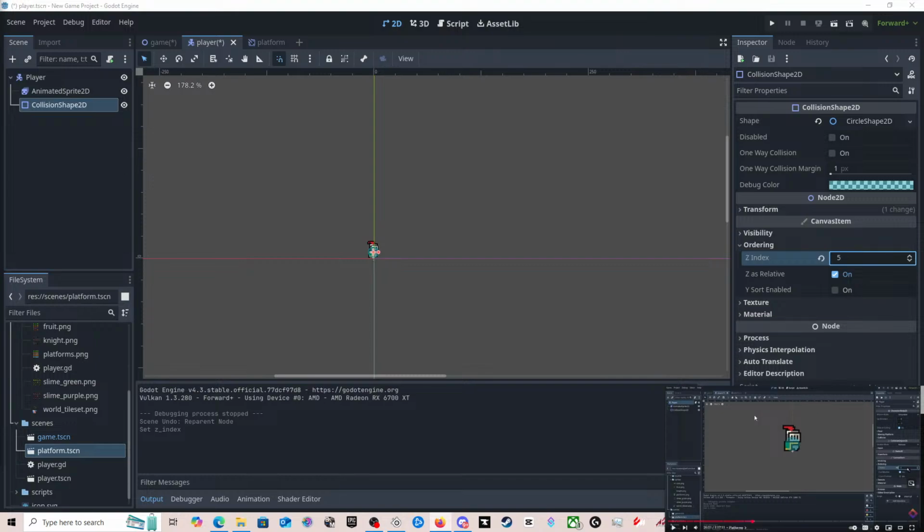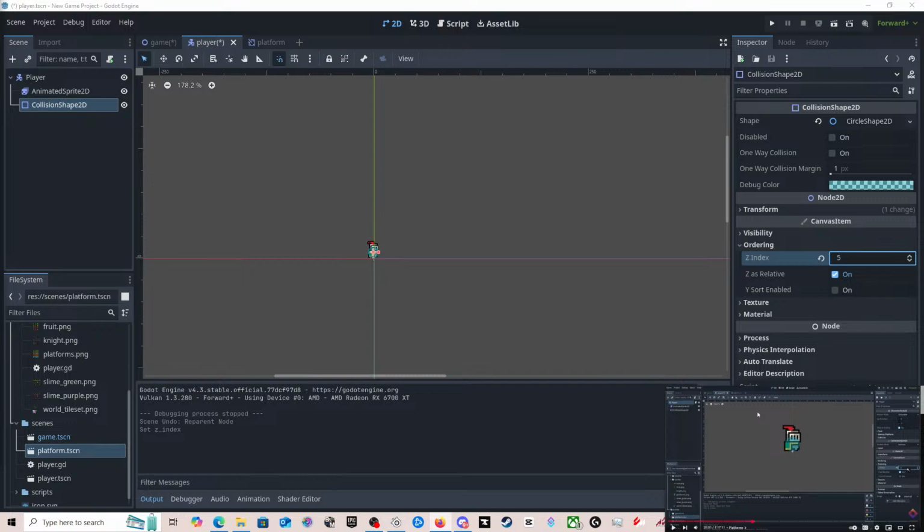But if you put something on, say, layer 5, that will always be there. Everything else can be around that, and nothing else will go on it if you don't put more than one thing on number 5.